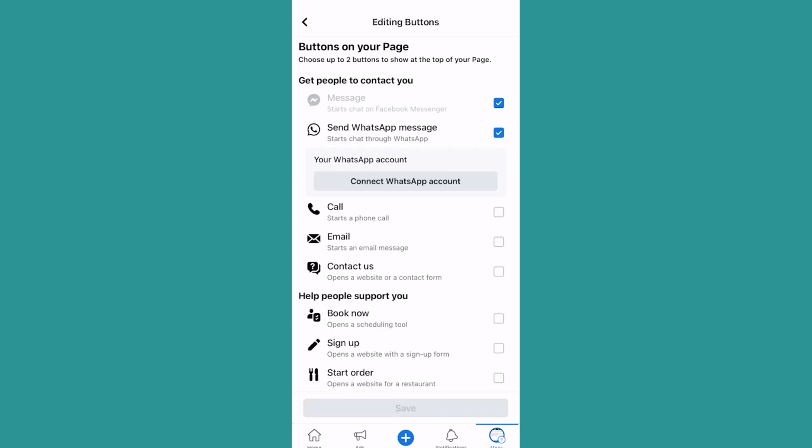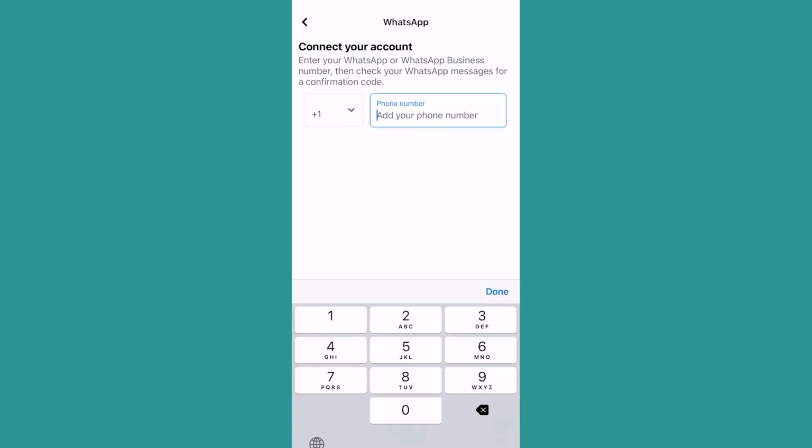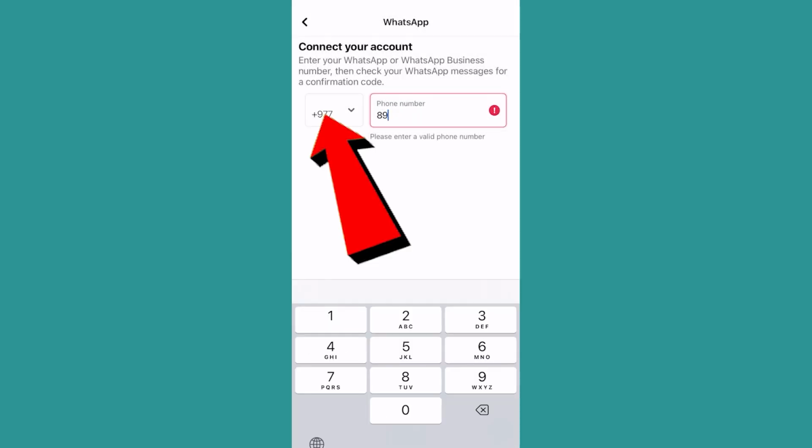Once you tick mark this, first it's going to ask you to connect your WhatsApp account with Facebook. So just click on connect WhatsApp account and then enter your WhatsApp number. Whatever WhatsApp number you have, just enter it over here and just make sure to select your country. Once you select your country and enter your phone number, click on done, click